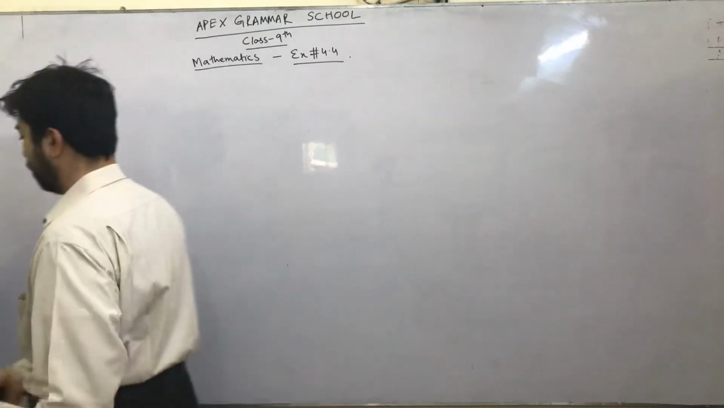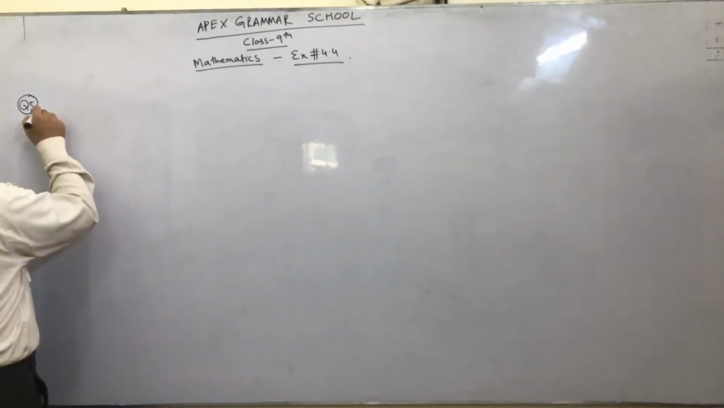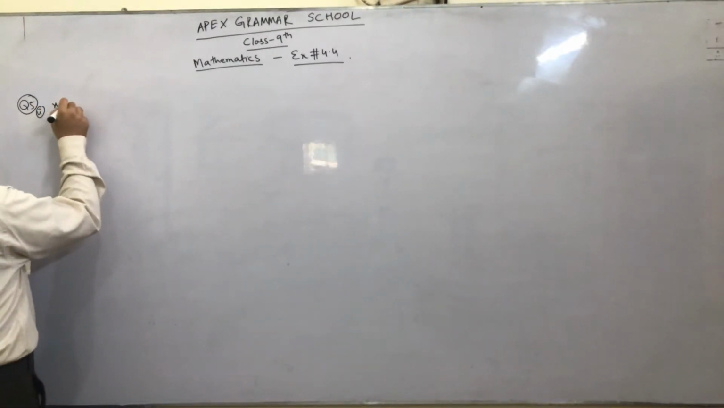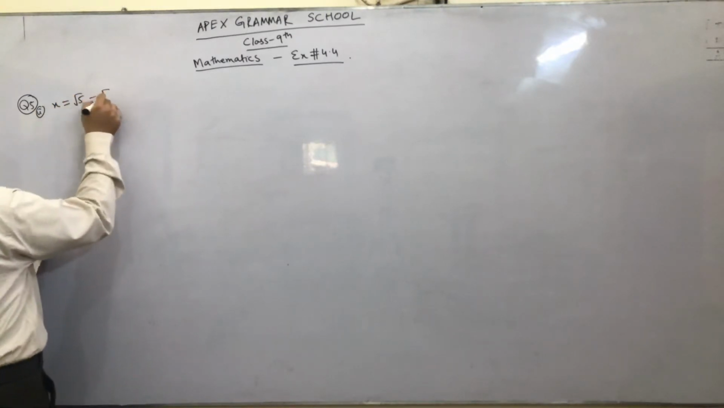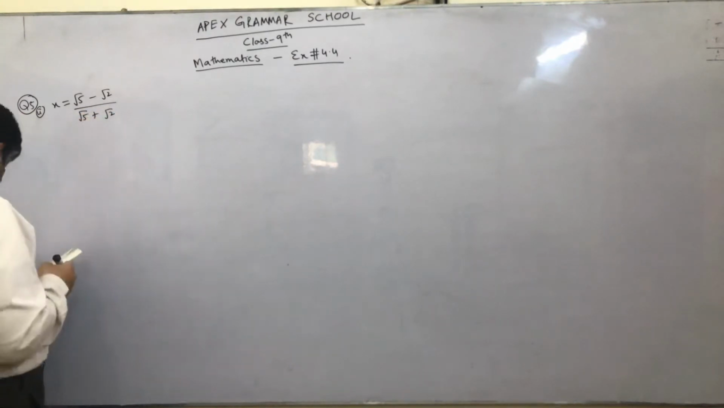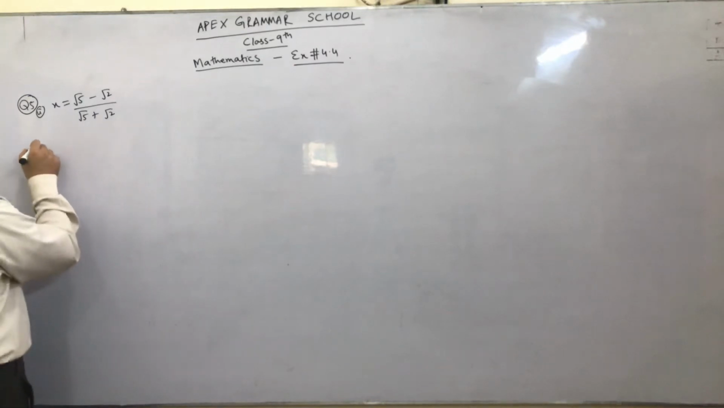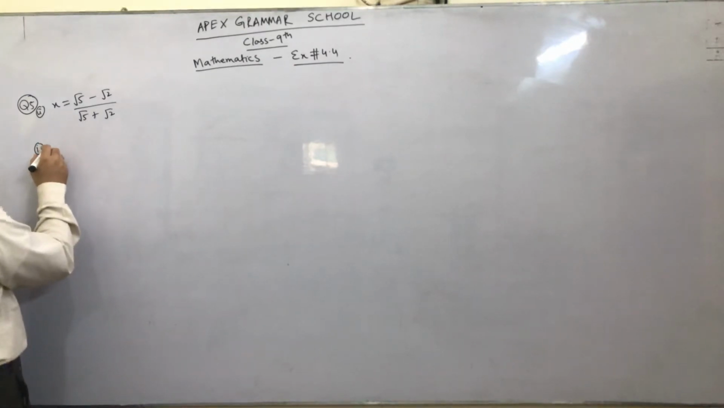Now, part number 2, it is also the long question. We have x is equal to square root 5 minus square root 2 over square root 5 plus square root 2. We have to find 3 values here. First value is, find